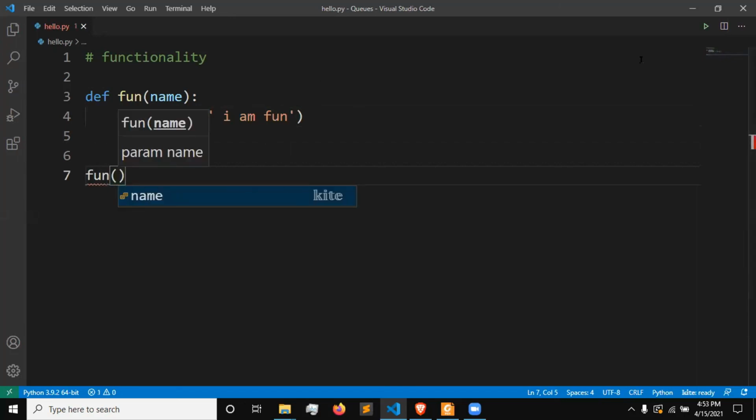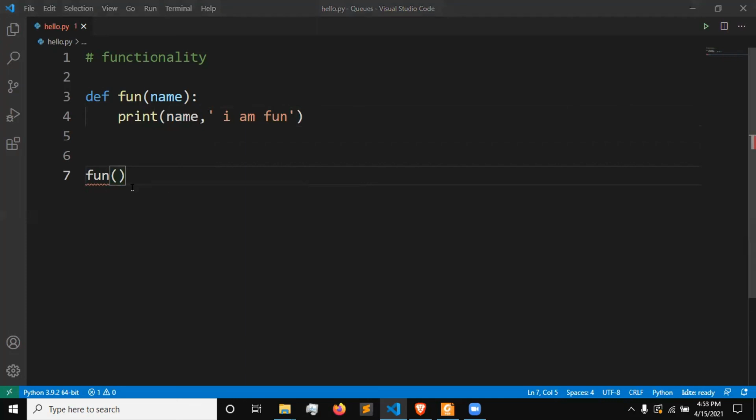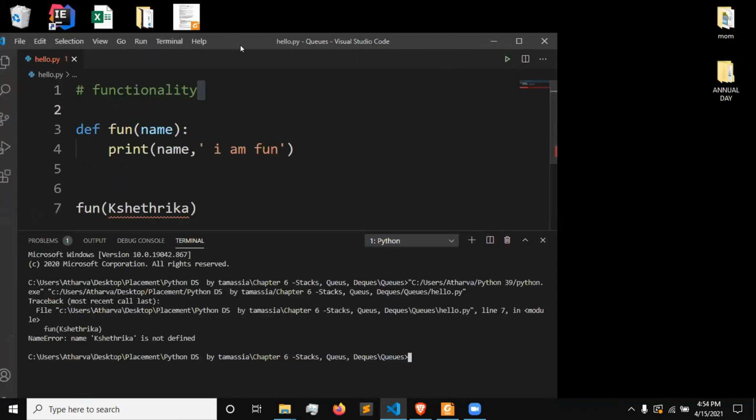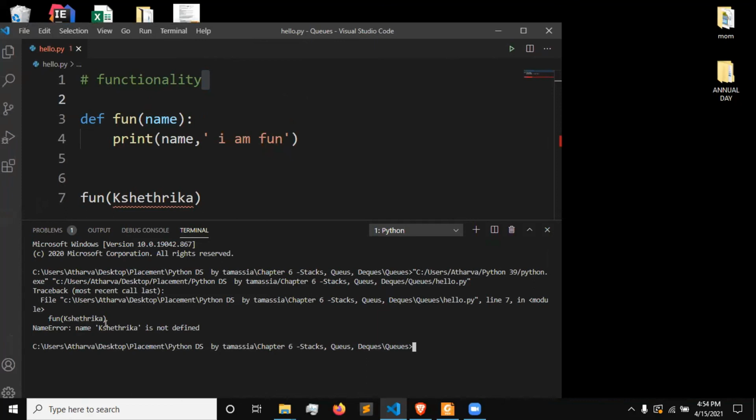So, guys, can you tell me one name? Let's take this girl's name, Shetharika. Please don't think it's awkward. And if I run this, it'll output a NameError: Shetharika is not defined.